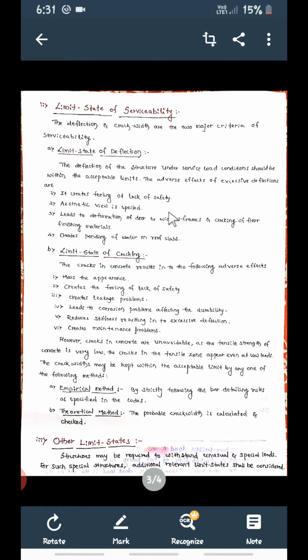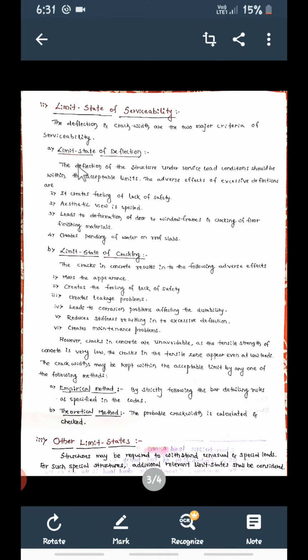So when you are considering this limit state of serviceability, whatever design we're going to do, whether it is the design of the whole structure or design of elements, the design should take care of deflection as well as cracks. As far as possible, deflection should be within the limits. No doubt, even if there is a deflection, if it is within the limits, there will be no problem. Deflection should be within the permissible limit and crack width should be minimum. We're going to see what minimum crack width is allowed.